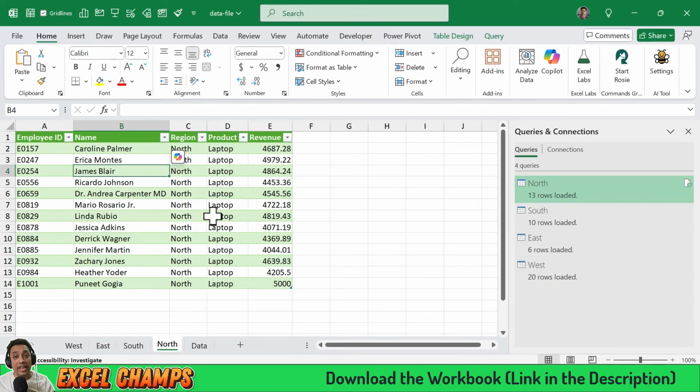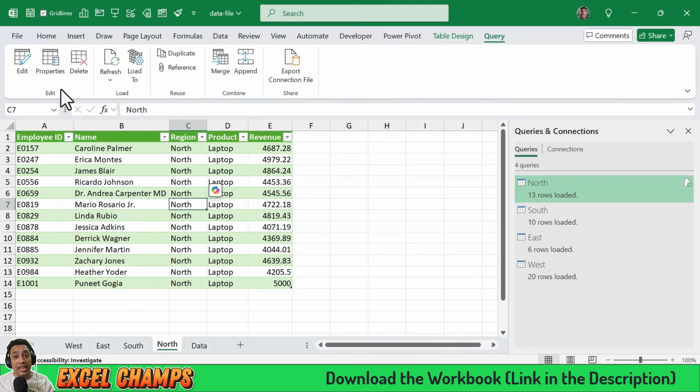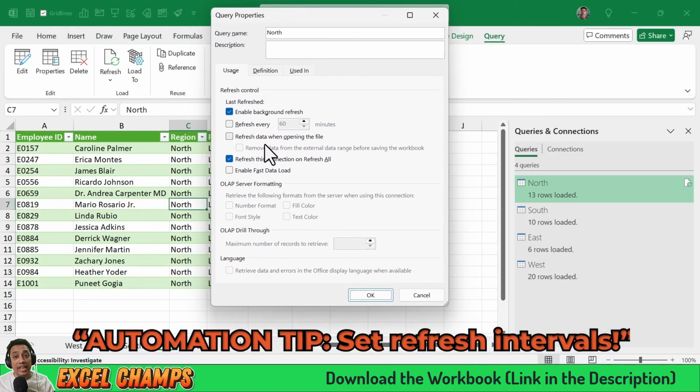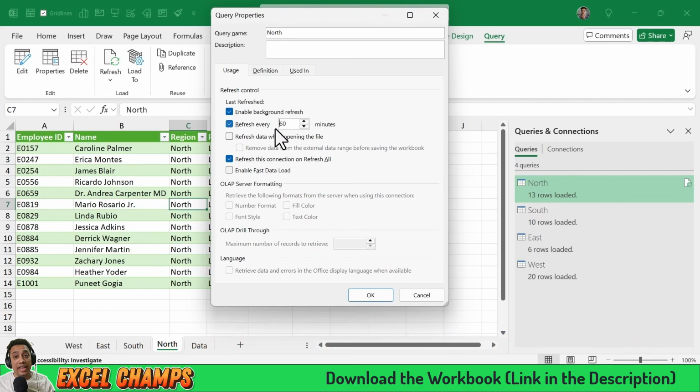And there's one more setting that you can apply to your query. When you select the table, you need to go to Query, and from there go to Properties. And here you can apply a timer to refresh your data. Let's say if your data is getting updated really quickly within a few minutes, you can just tick mark it and set a timer in minutes, let's say 10 minutes, 20 minutes, 30 minutes. So the query will be refreshed in 30 minutes, 20 minutes, or 10 minutes,